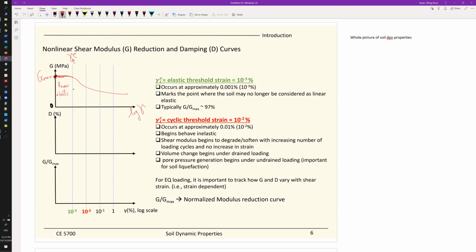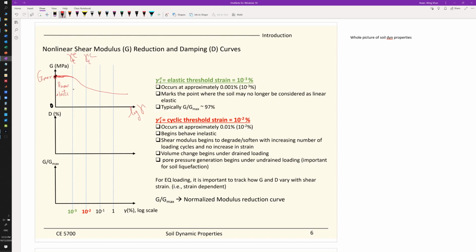So you do all the loading and unloading, you expect to go back to the original place, right? There's no permanent deformation. Everything still behaves elastically. And after this threshold, you will still be between 10^-3 and 10^-2 percent of shear strain,